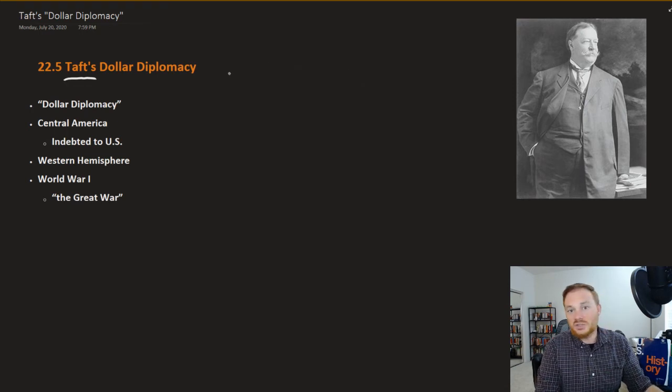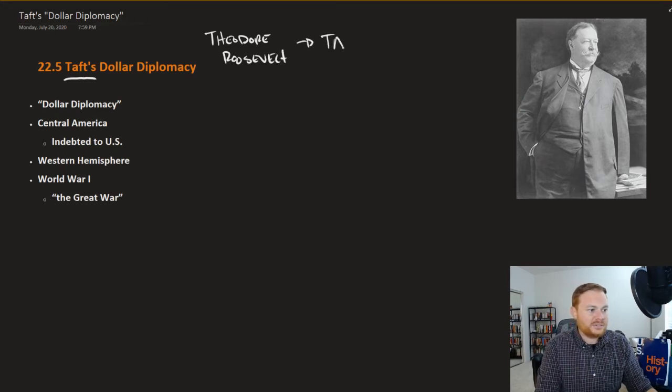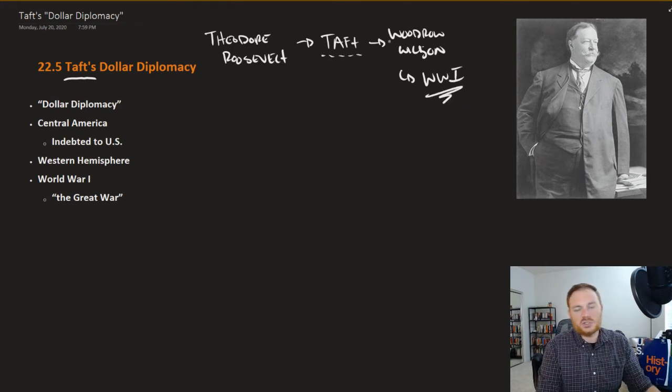It kind of just serves as a bridge when talking about American foreign policy, because you had Theodore Roosevelt, who, of course, was so instrumental in doing things like constructing the Panama Canal. Taft is the president after him, and then beyond that is Woodrow Wilson, and Woodrow Wilson is known especially for U.S. involvement in World War I. Oops, too many W's. World War I, right? So Taft, this chapter is just going to talk very quickly about what his foreign policy was.